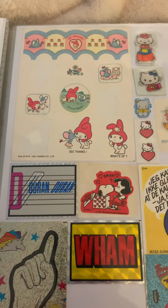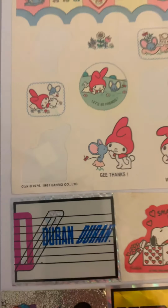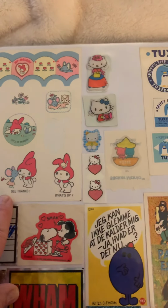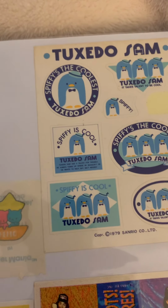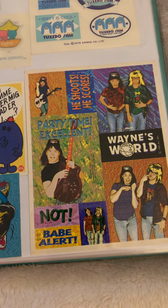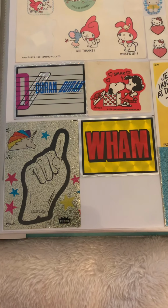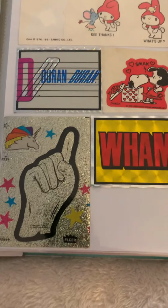Moving over here, Sanrio, 1976, 1981, My Melody. I've had this sheet for years. Hello Kitty, Tuxedo Sam, really old sheet. You can tell by the discoloration and the yellowing, 1979. I got this Wayne's World sheet, again, not 80s, but 90s. Still super cool. Babe alert. Wham and Duran Duran, loved them. This glitter Michael Jackson-esque glove,